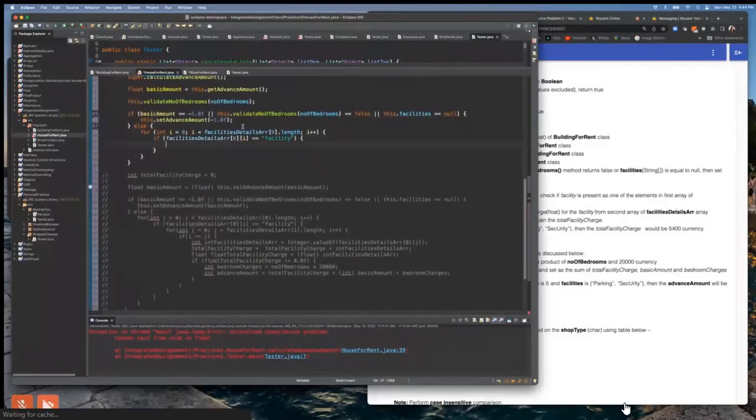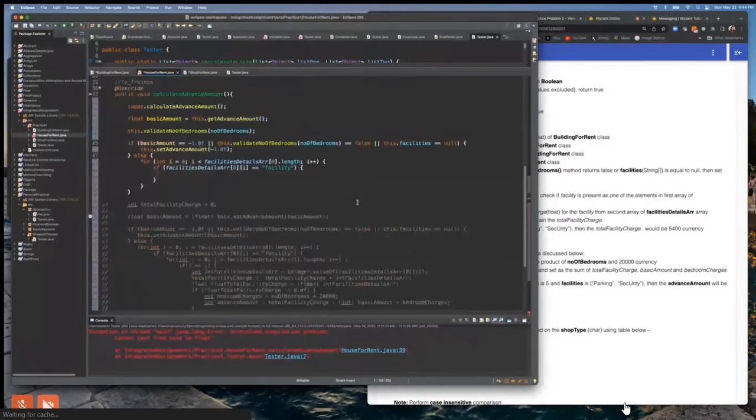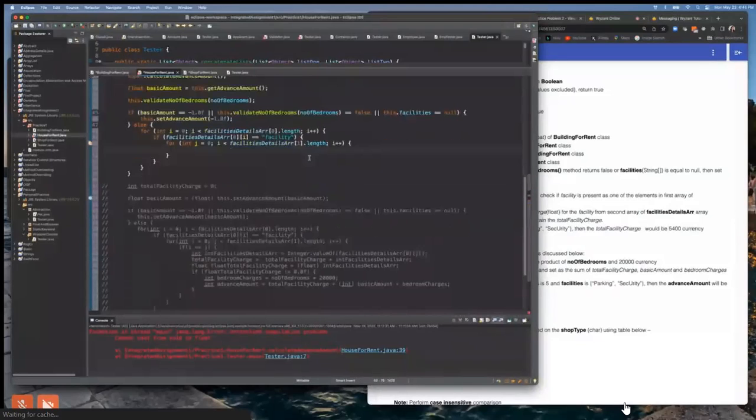Then loop through the second array to check the price, which was for int j, right? And we're basically doing the same thing that I did in the first part, but instead I'm going through the second array, which is facilities details 1 length. And now that'll increment if you don't find that. So once we're going through that second part, I did if i equals j,